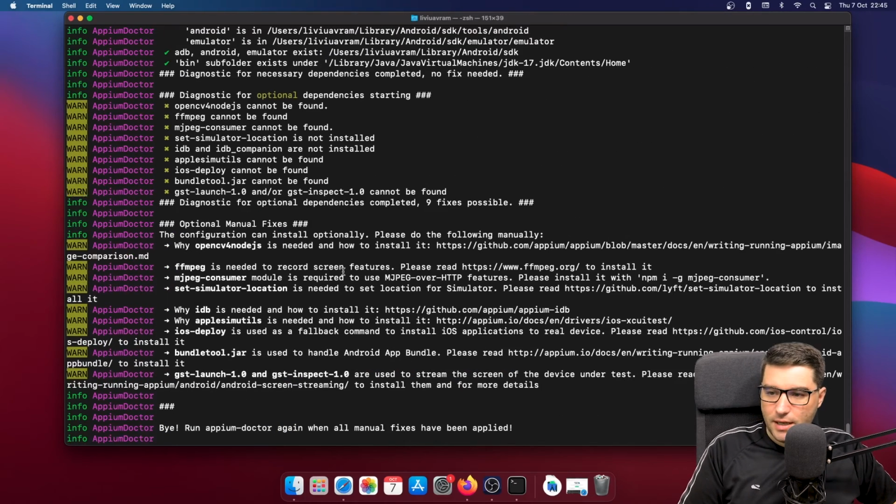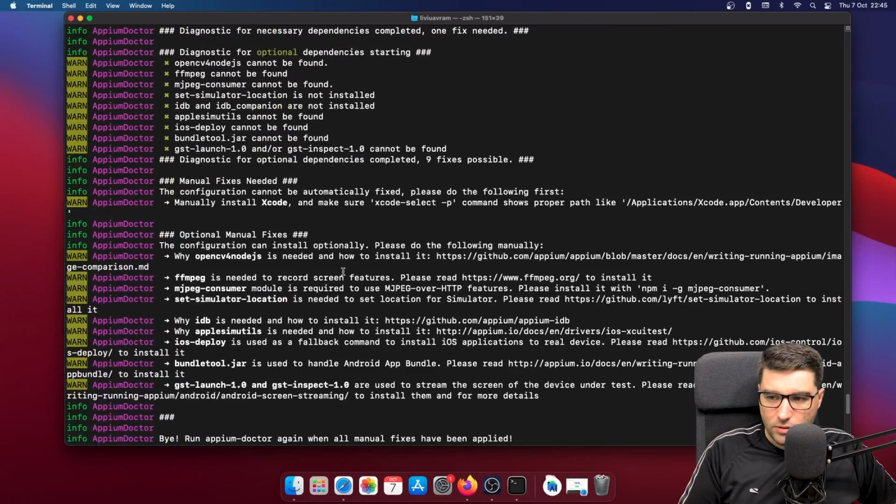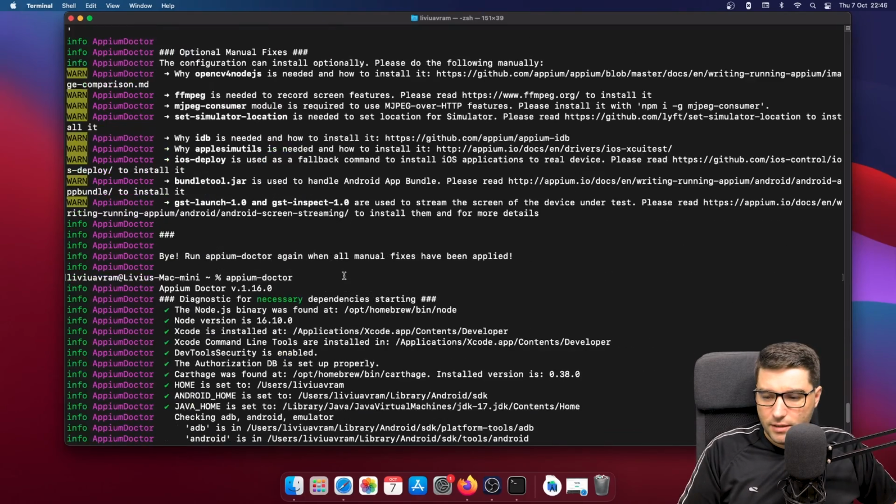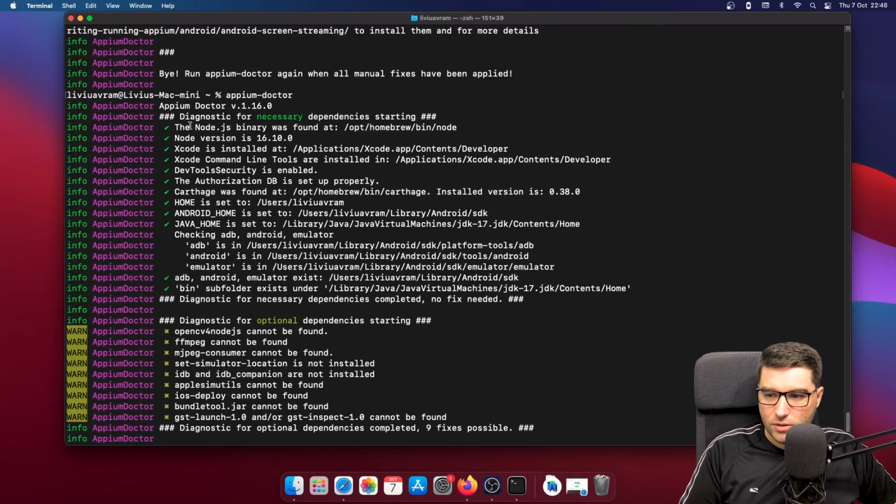And this time we can see that all the dependencies have been correctly installed. So we have Node.js, we have Node, Xcode, command line tools for Xcode, DevTools security, Carthage, ANDROID_HOME, JAVA_HOME, and the bin directory for JAVA_HOME. And then we have the good folders for Android Studio, which include adb, emulator, and other commands. We have Java.